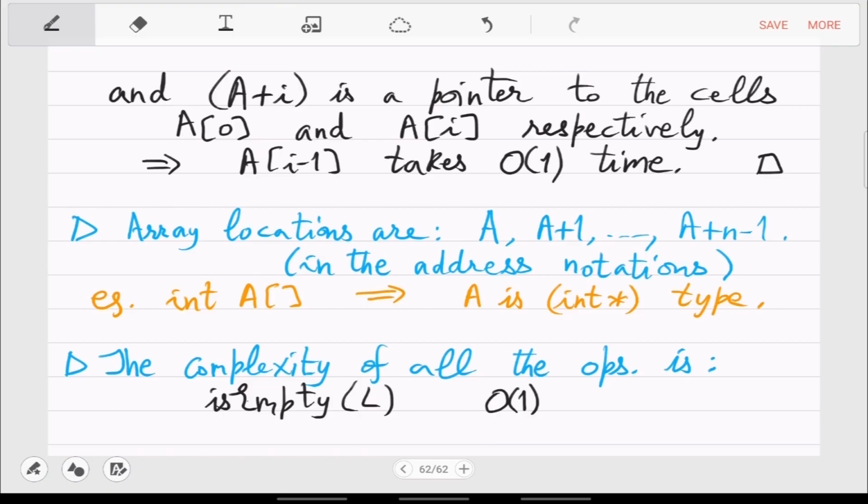In that case, you always keep a variable which is the length of the array. So for is empty, you just have to set that to 0. The array variable is A and the length variable, length of A, is set to 0. So this is just one operation. That will be trivial here.